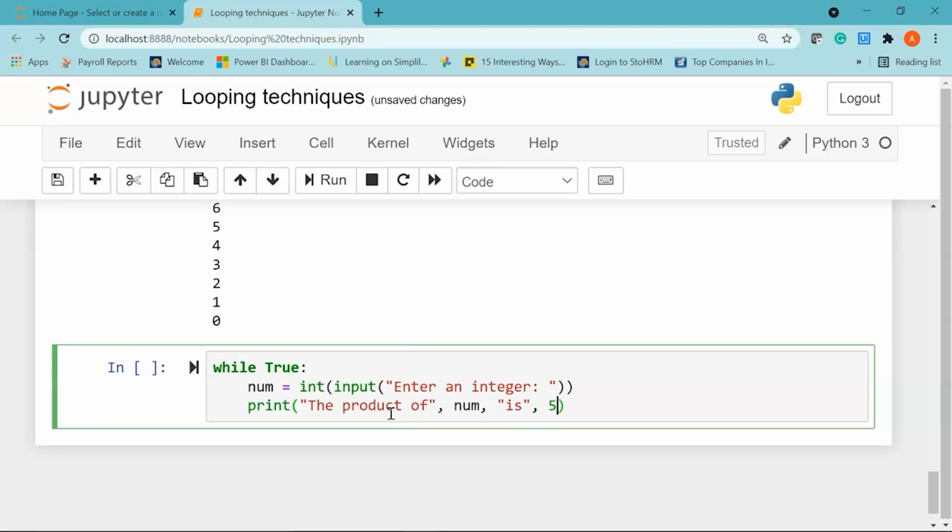Now we'll pass in our multiplication. I want to multiply any user given number by 5. So I'll say 5 multiplied by num.